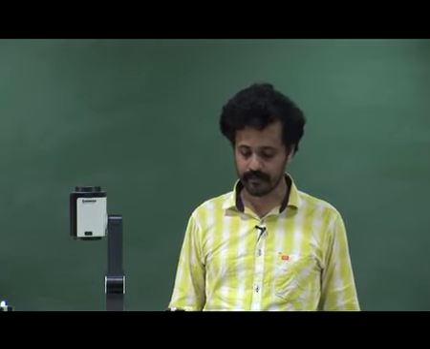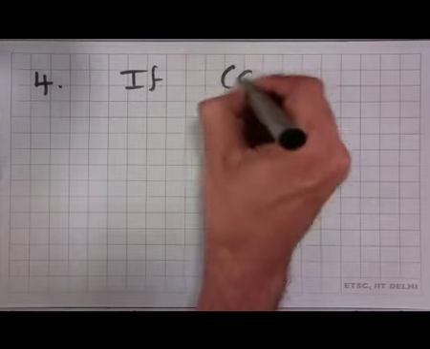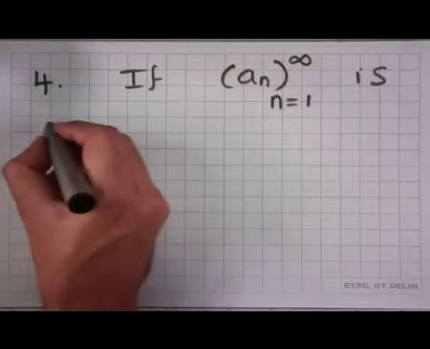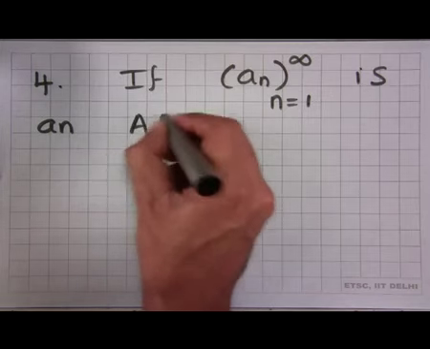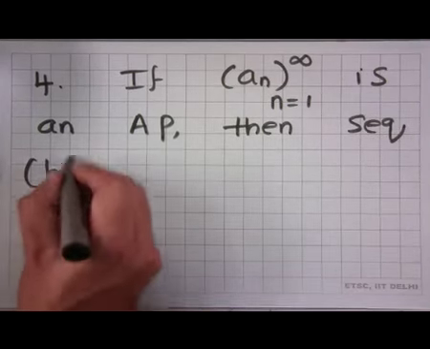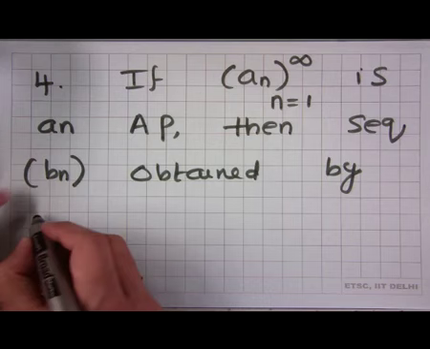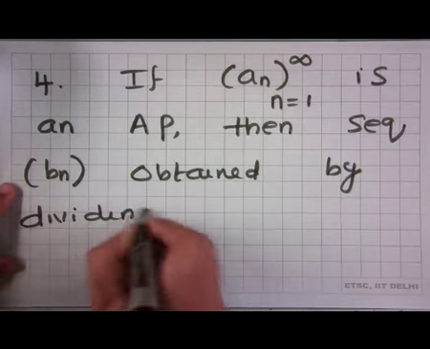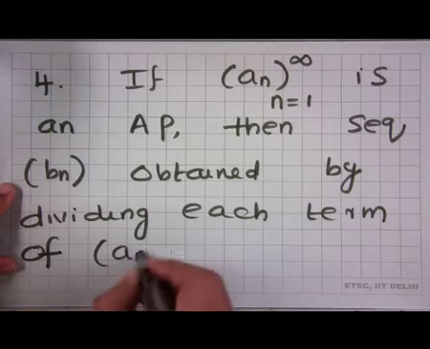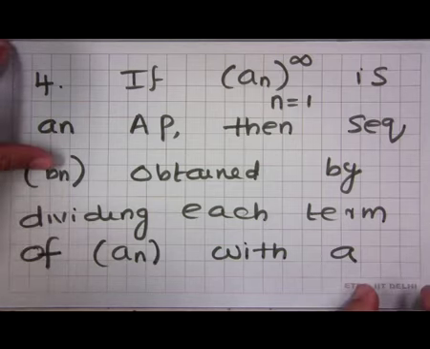A similar result can be stated for division. Let me quickly write it here. If the sequence a_n, n equal to 1 to infinity, is an arithmetic progression, then the sequence b_n obtained by dividing each term of the sequence a_n by a non-zero constant